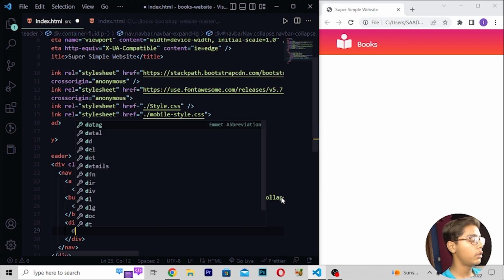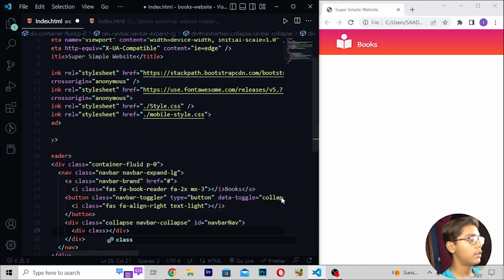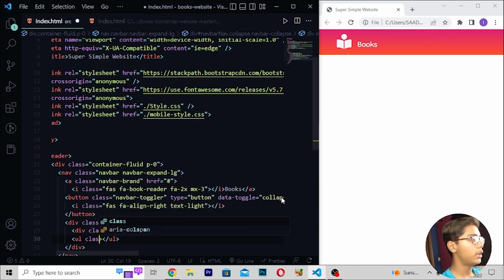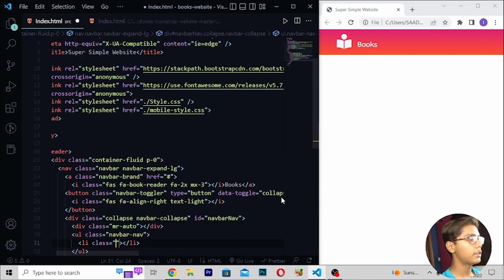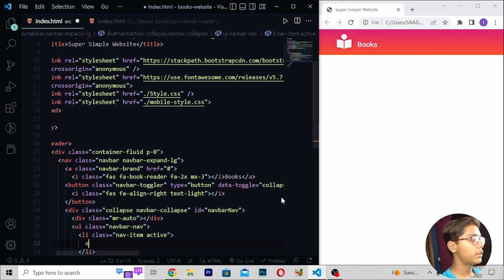Then you have to move down, right here div class, then I will be now writing mr-auto. Then you have to just move down after this, right here ul class, then I will be writing navbar, and here I will be now writing nav. Then you have to write here li class, then I will be writing here nav-item active. Then you have to just move down. Then when you've written this, here I will be writing a tag and write here class, which should be nav-link. Then I will be now writing href equals hashtag, then write here home.